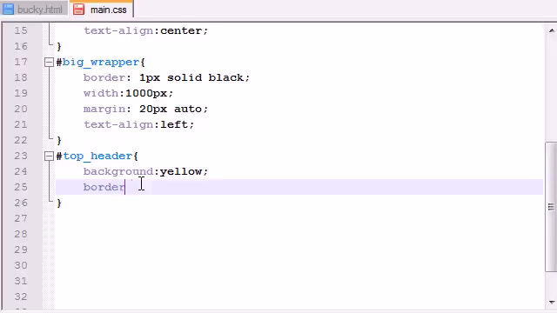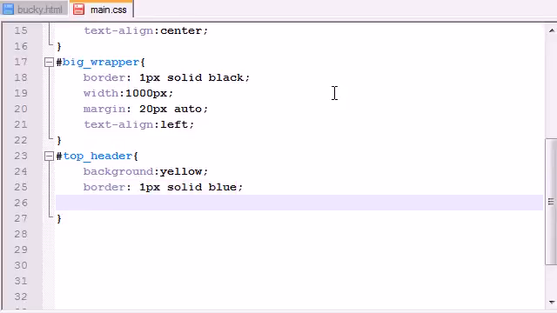and a border of, I don't know, 1 pixel solid blue. Now also, I'm going to be giving the top header a padding of, let's say, 20 pixels. And this will pretty much make sure that the text is kind of separate and it isn't butting right up